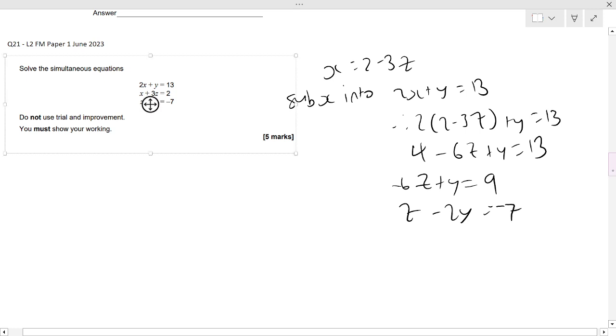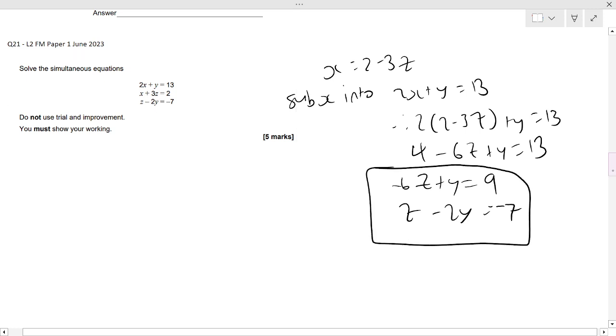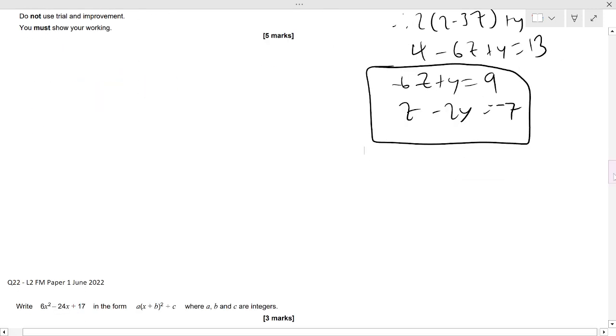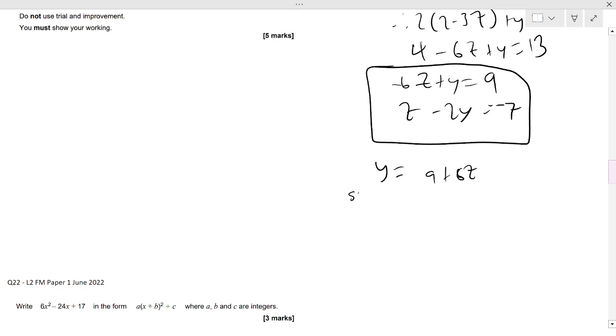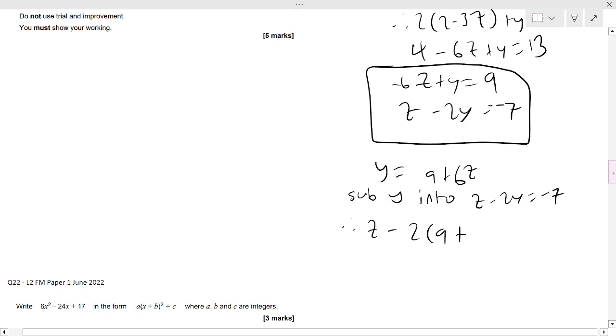Now, actually, this is a simultaneous equation at this point that you should all know and love. It's simply two simultaneous equations that you should know how to solve with normal maths. How are we going to solve it then? Well, again, the two main ways: you can either eliminate or substitute. I've already substituted, so I might as well substitute again. So I'm going to say y is 9 add 6z. So I'm going to sub y into z minus 2y is minus 7, the second equation. Therefore, z minus 2 of 9 add 6z